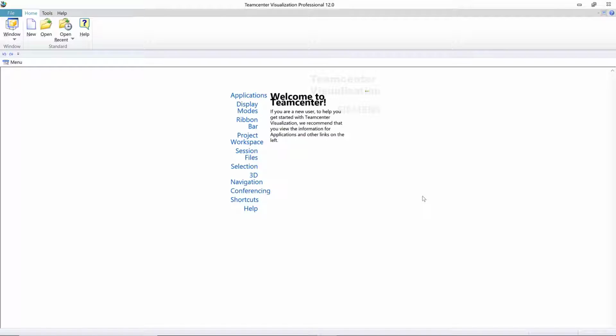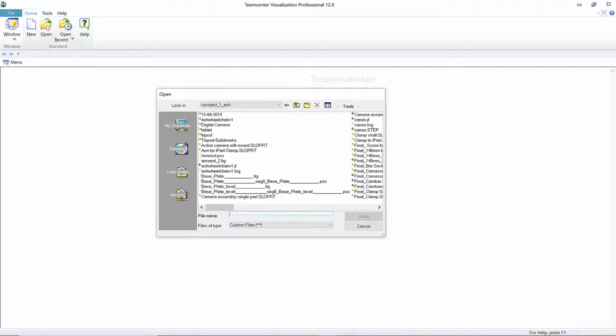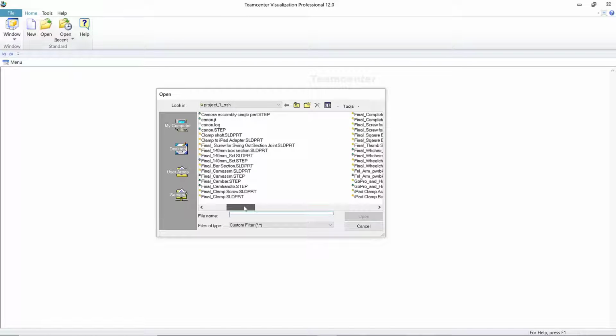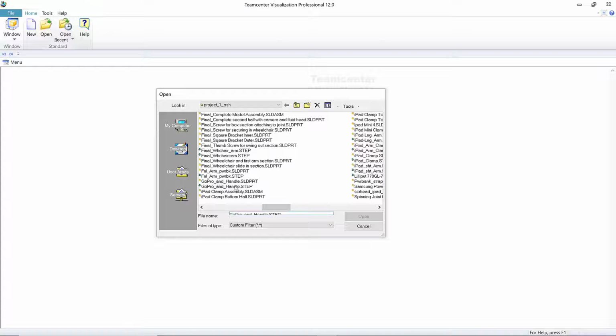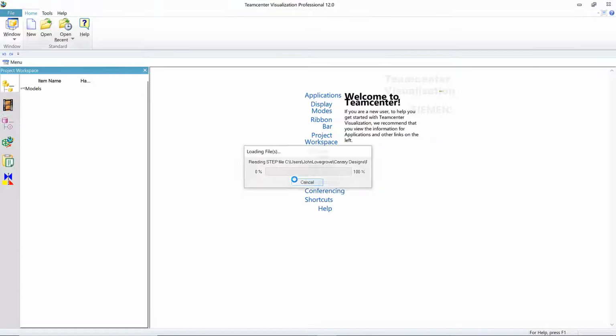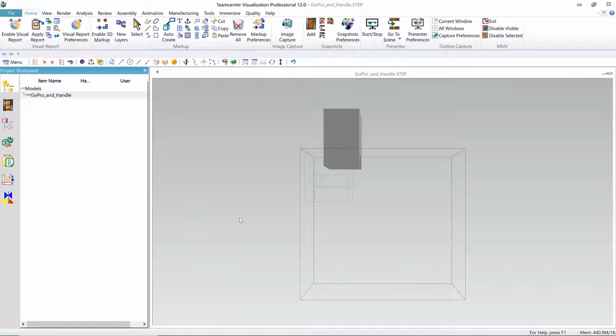So once it's open, you can go to the top and click open and navigate through to find the step file which we saved earlier. So ours is just there, step. It does take a little while to load up depending on the file size, but once it's